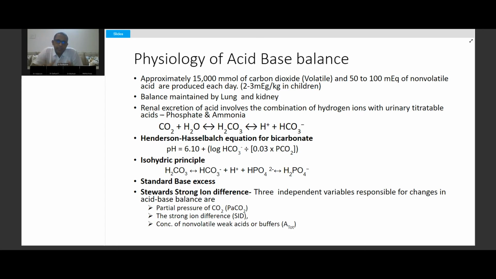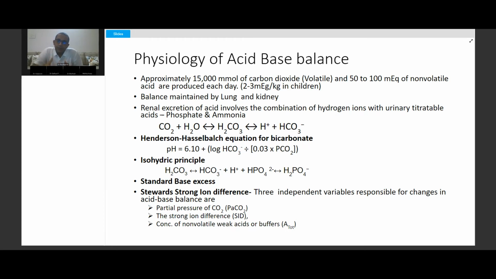I think Muthiah touched on it in a small amount. In plasma, electroneutrality tries to maintain the cations and anions equally. Strong ions are something which can dissociate freely in water or in a fluid, and have a weak affinity for conjugating. Our body has an equal amount of it, and based on this, our acid-base balance is explained.